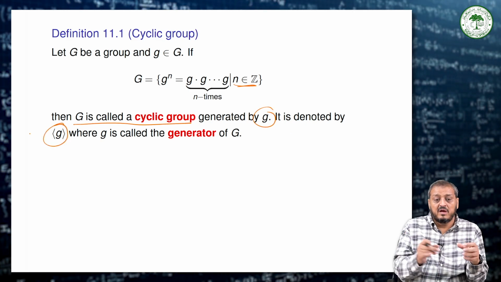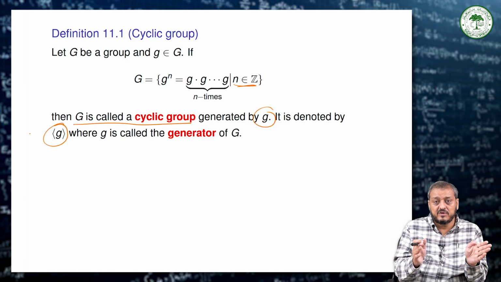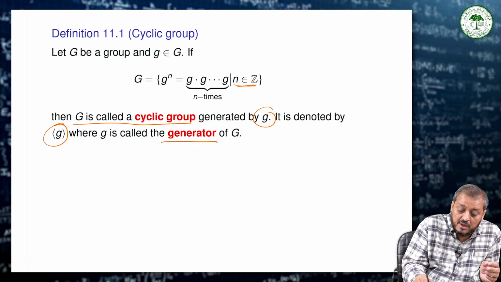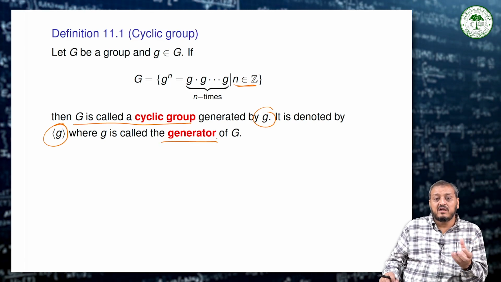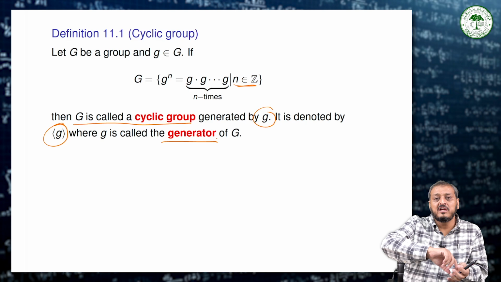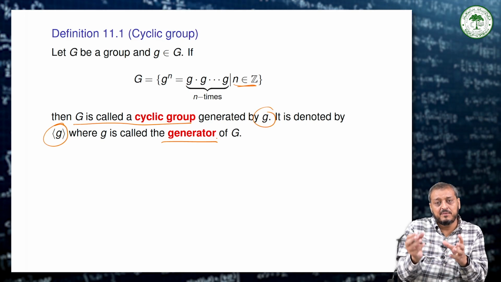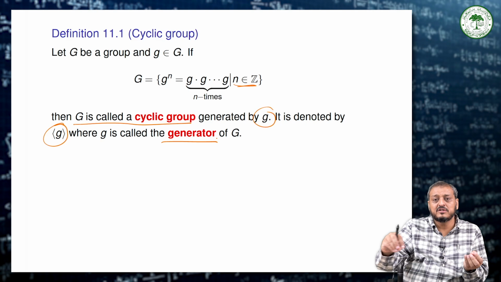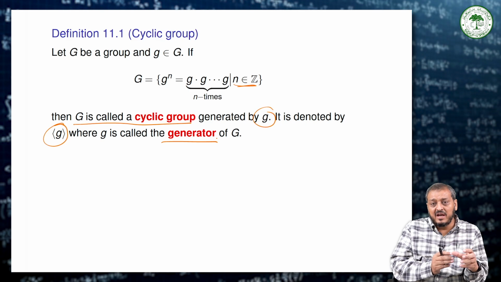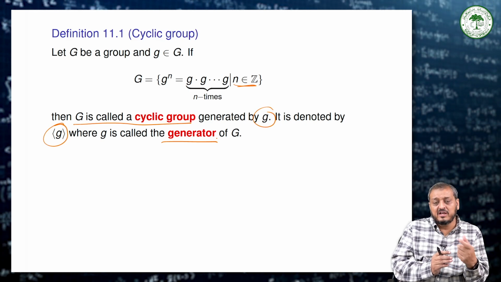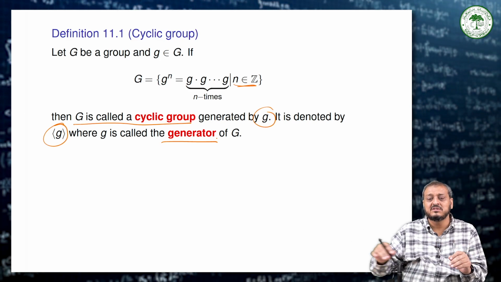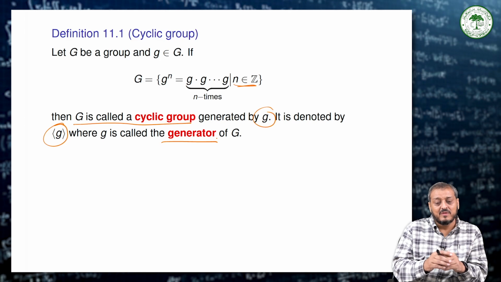We have left and right angle brackets around this g, and g is called the generator. It means we have to find in a group a certain element which can generate the whole group. With this element we can write all the other elements of G. If such an element exists, then the group is called a cyclic group, and the element which generates all of the group's elements is called the generator of this group G. For example,